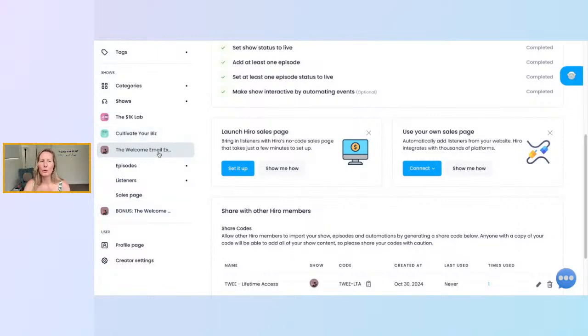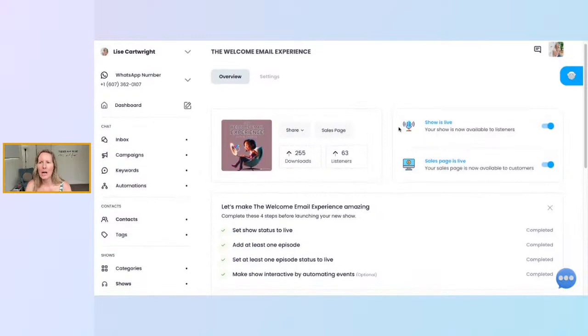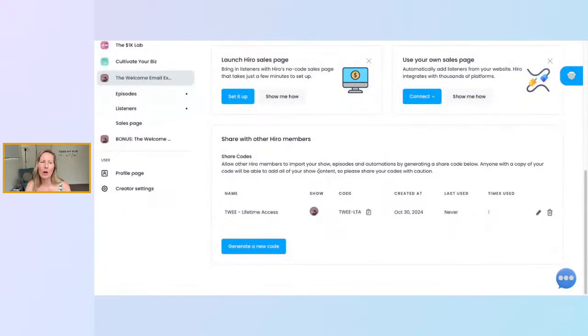So once you do your initial training, your audio course, then you just duplicate it. And it's really simple to do that. When you're actually in it, all you have to do is come in here and then duplicate the whole thing. And that's what I did here. You can see here, it says lifetime access. And so that's how I was able to create this version, so that you just generate a code, send it to yourself,